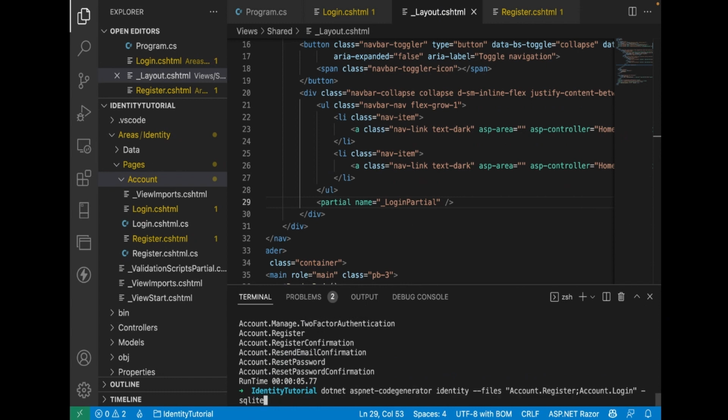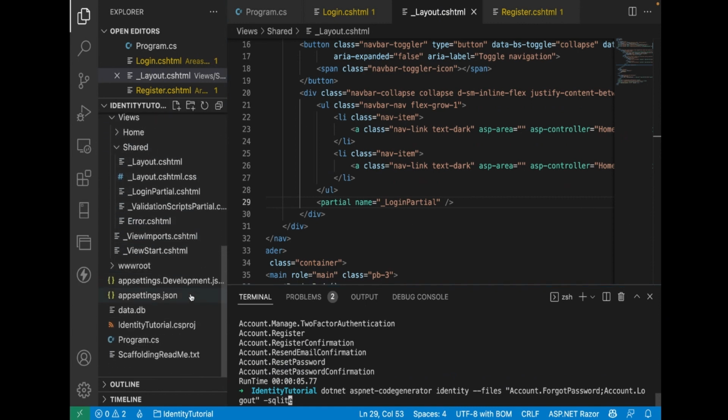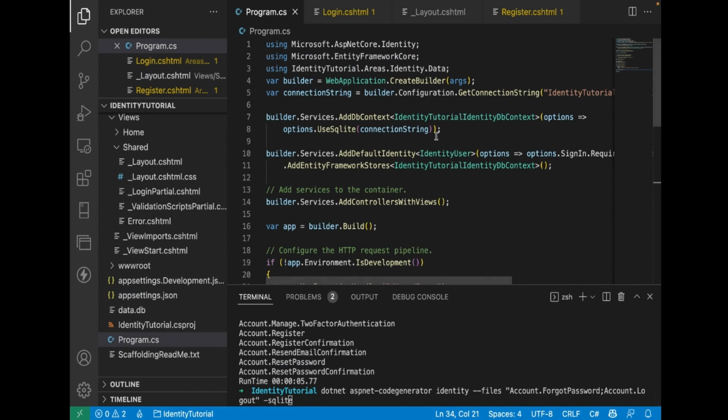So the way to do it is to say here, account should be account forgot password and account log out. Okay, and we say the same. Now, this is something that you need to notice. Go to program and look at these two lines. Okay,